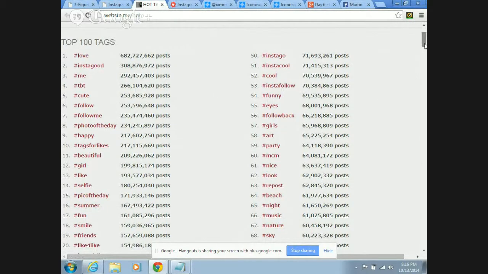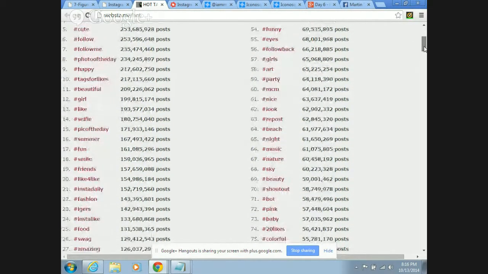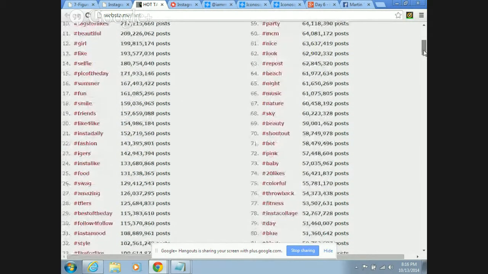Well, this particular site will show you how many times these hashtags were used in conjunction to post. So the word love, hashtag love, was used in 682 million posts. Okay, let me see, Instacool, 71 million. So these are some of the hashtags that you could possibly target in your campaign.